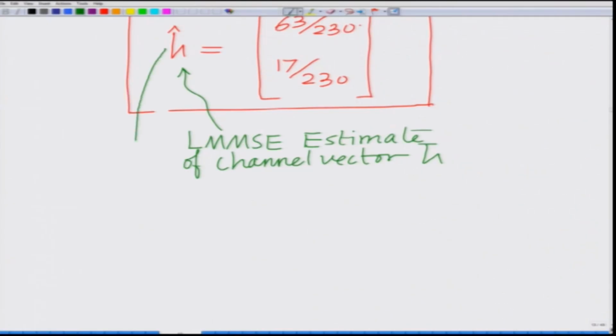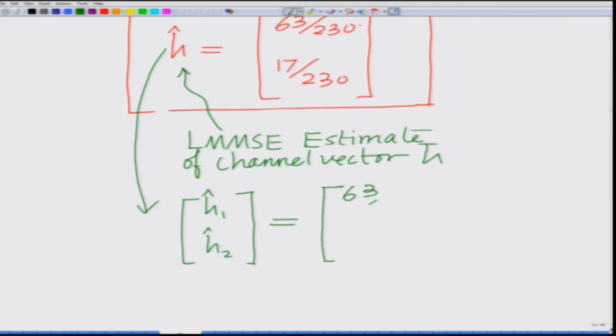So, h hat is basically of the form h1 hat, which is the estimate of channel coefficient 1, and h2 hat, which is the estimate of channel coefficient 2. So, this is 63 by 230 and 17 by 230,